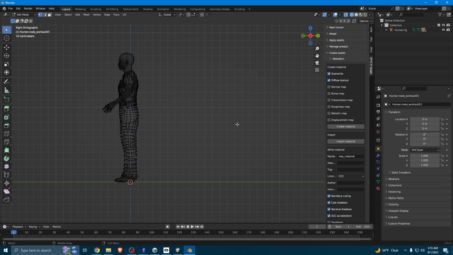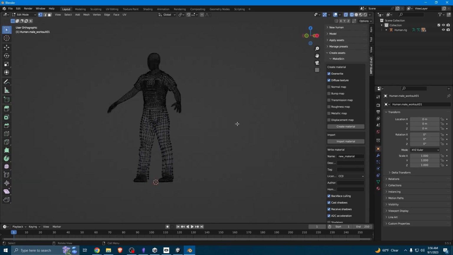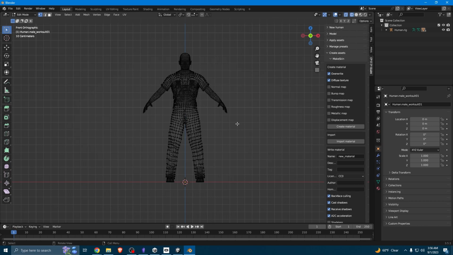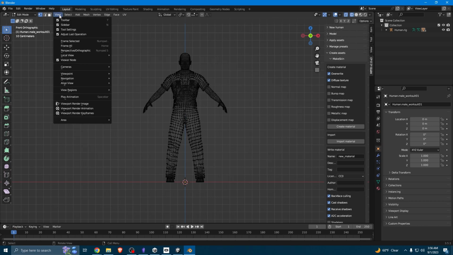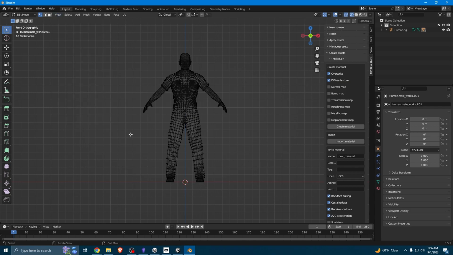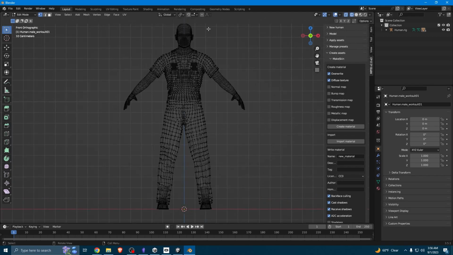I have my keyboard set up with the 1, 2, 3, 4 keys, and this should work for mostly everybody. But if not, you go to settings and set up your emulation of these. If I click 1, it shows my front view, and you can also do that by going to View, then Viewpoint, and all your views are right here. So I'm going to click 1 to see the forward direction of him perfectly,